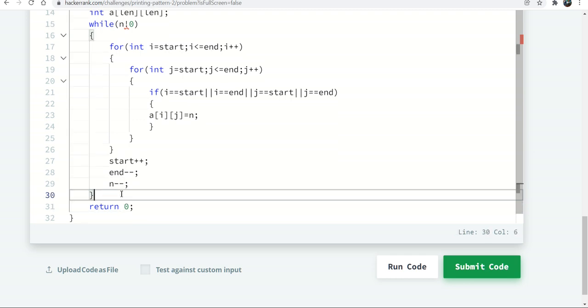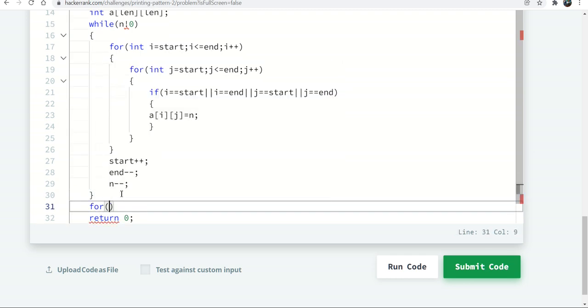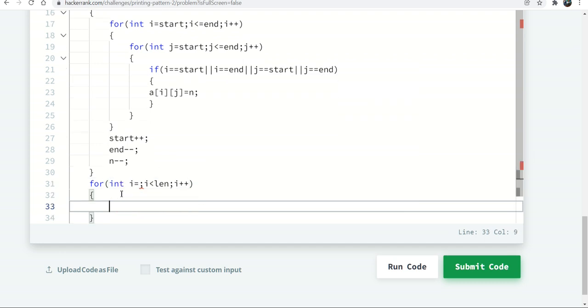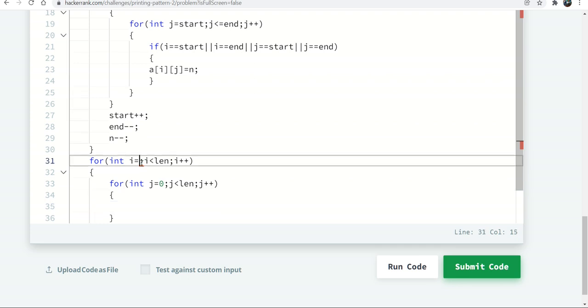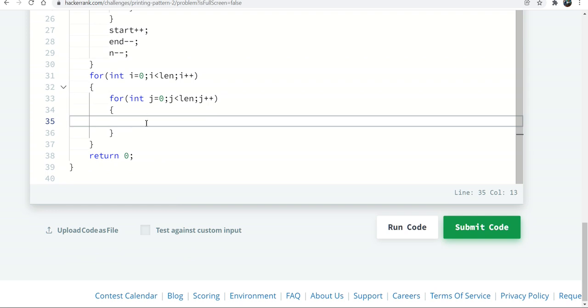Now ultimately we have to print the array, the whole array. So for int I equal to 0, I less than array length, I plus plus, for int j equal to 0, j less than length, j plus plus, printf with a format.